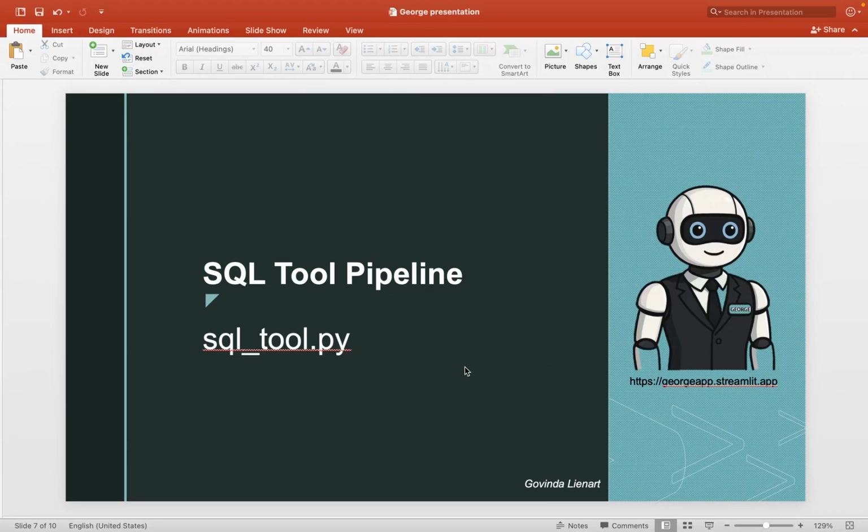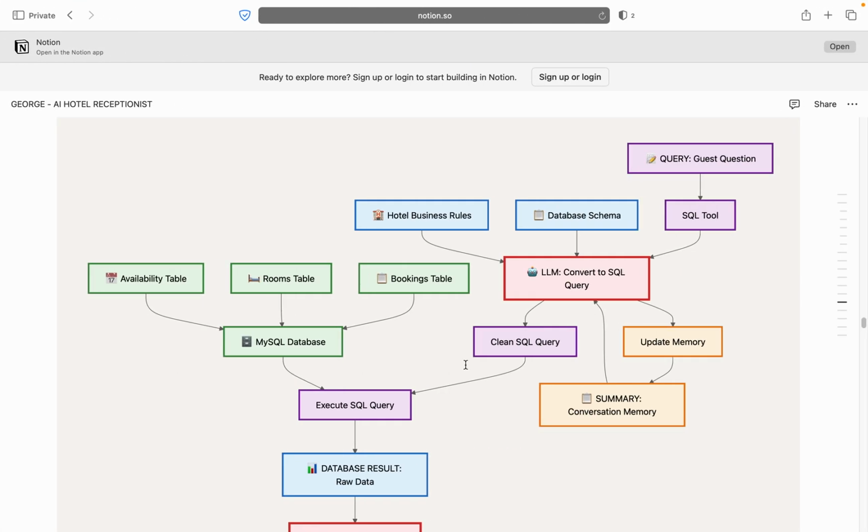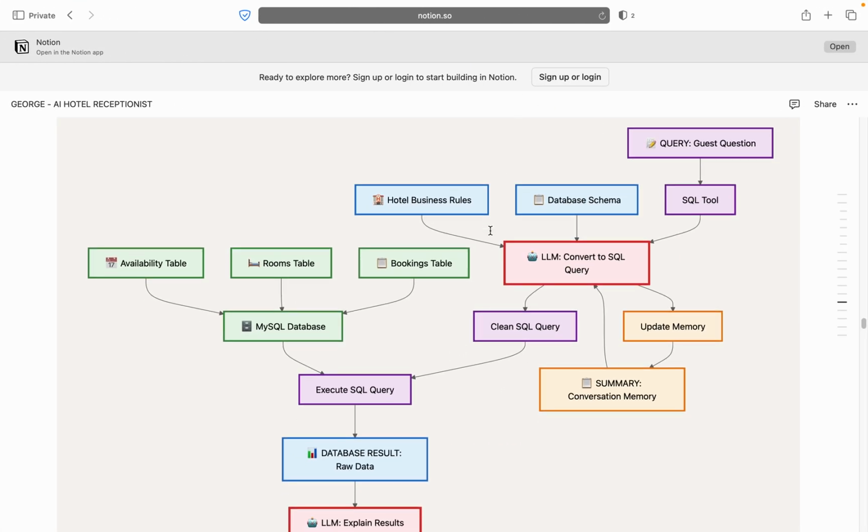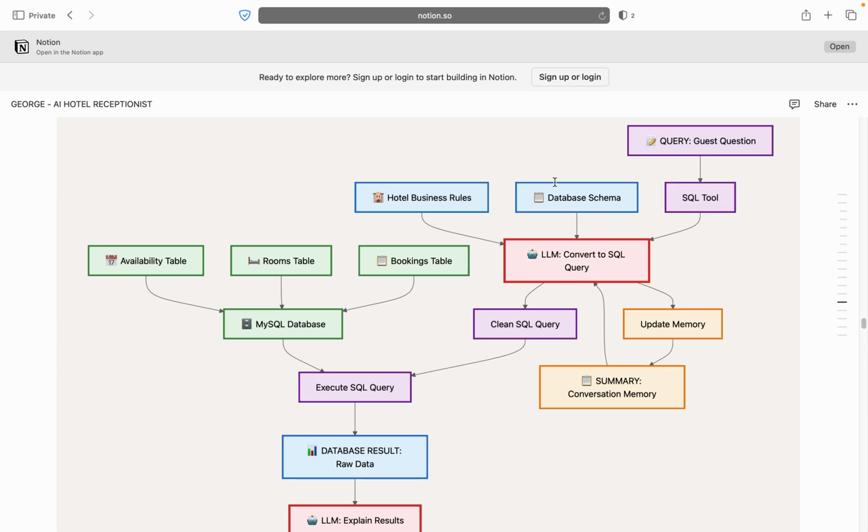I will discuss the SQL tool pipeline. I made a bit simplified diagram of it. So basically the user sends a query in the chatbot, and then there is the router that actually finds out that it has to use the SQL tool, and the query is being sent to the actual